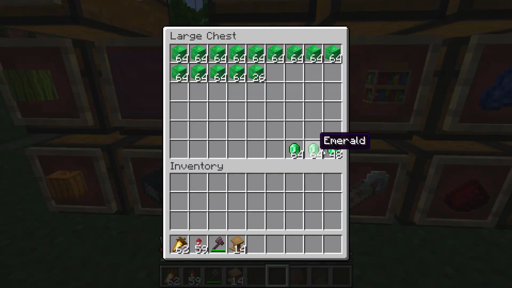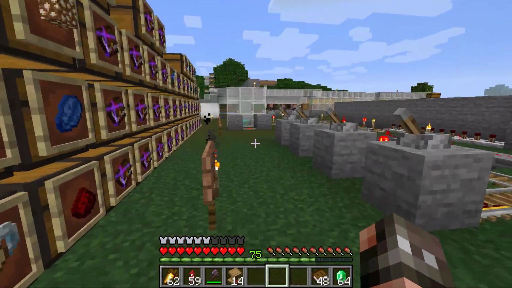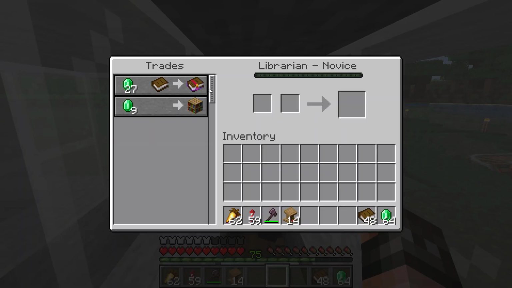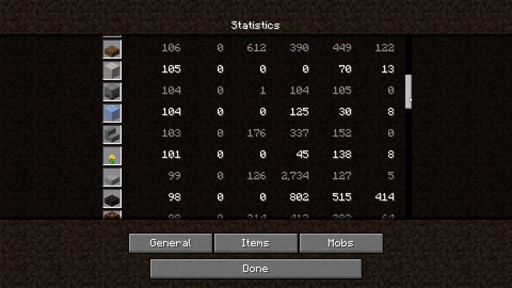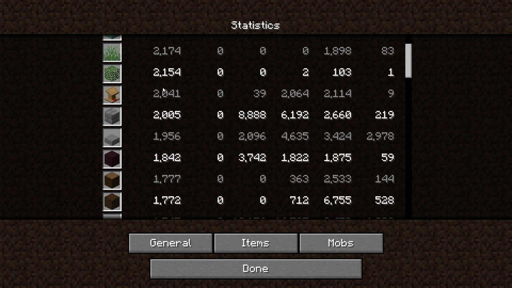The other day I sat down in that little room with that villager and I traded with the dude for over 3 hours. 3 hours trying to get this. This is the last book I need. Literally, Luck of the Sea. And I'm not even kidding you. I was gonna point out how long this normally takes. I was just gonna say, oh yeah, look how many lecterns. We literally broke 3 lecterns and we're...